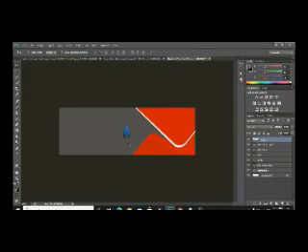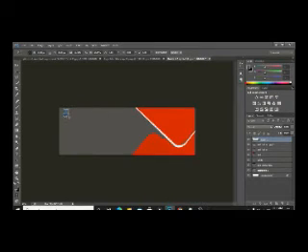Here is our logo, and we have to change the size of the logo as well. It's a little bit longer. We have to press Control T again, and don't forget to press Shift while you are changing the size of the picture or anything. Just press Shift and click together and drag it like this.